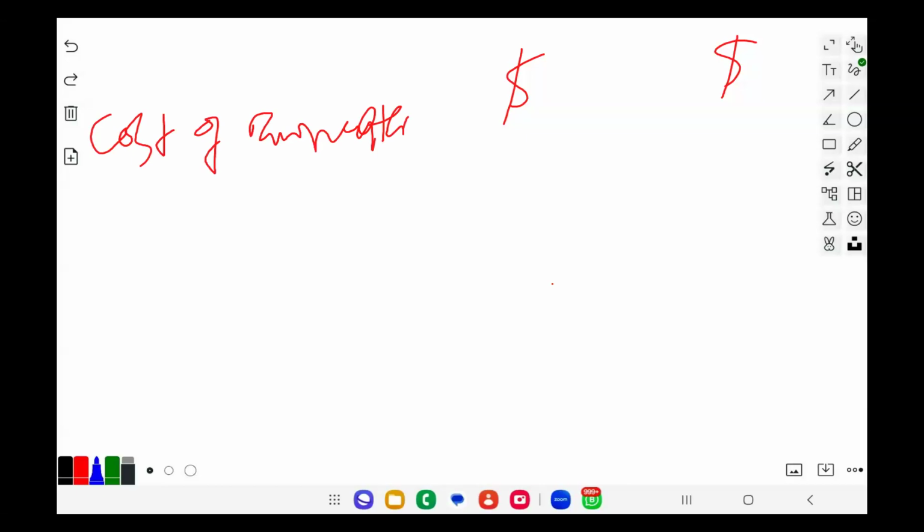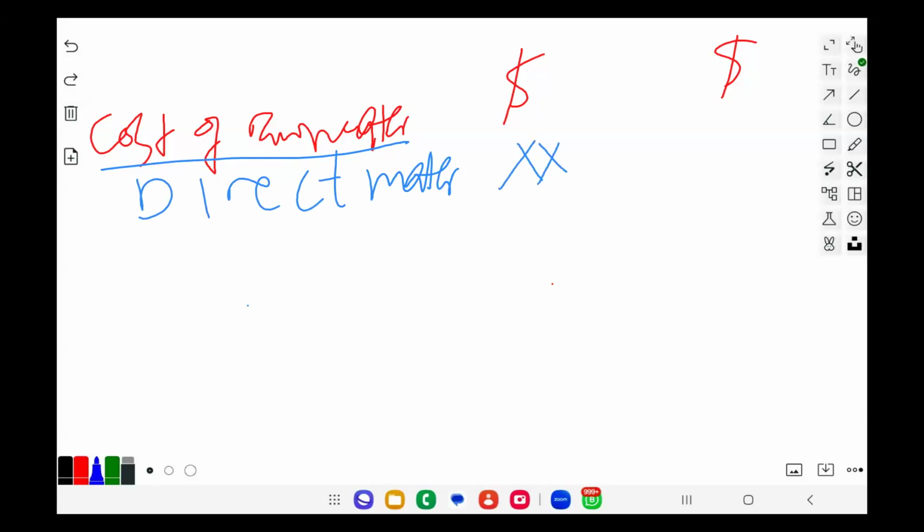You may need to calculate for it. Of course, in several questions you'll find the direct material cost given per unit. So if you have the direct material cost given per unit, you just put direct material costs. It will be given in the question, just write it in this column. All right. Then you write